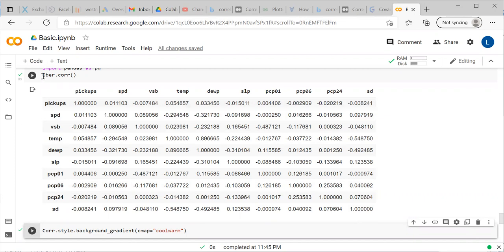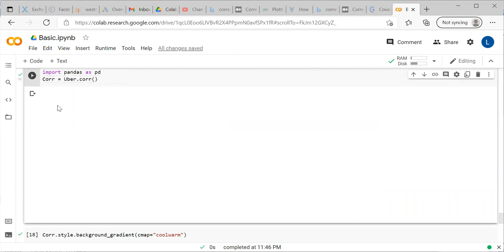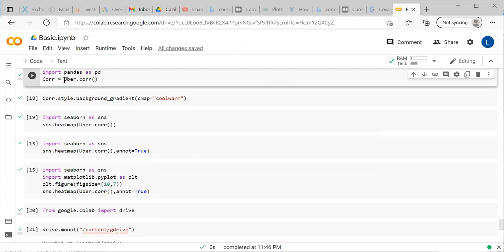For that, we can give a name to this. corr is the name which I am giving. So now this correlation matrix got saved in the name of corr. Now we are going to come up with a matrix having some background colors.